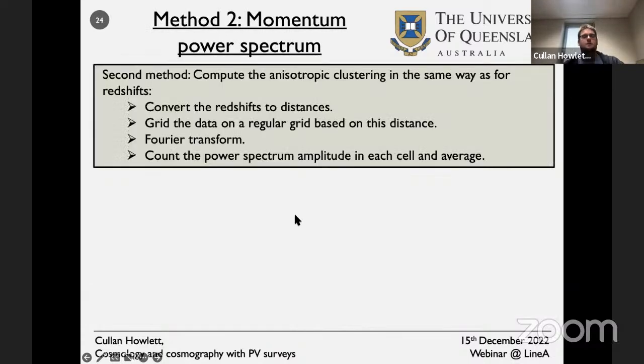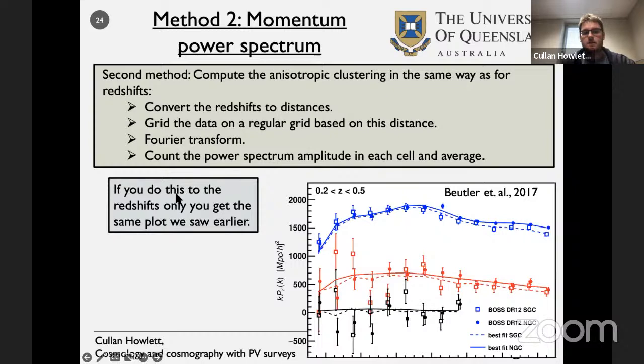So the second methodology that we can use is to compute the anisotropic clustering of the velocities in the same way as we would for redshifts. So we first take the redshifts of each data point in the pure velocity sample, we convert it to a distance, we grid it, we Fourier transform it, and then we count the power spectrum amplitude in each cell, and then we average. And if you do that to the redshifts that I presented earlier, you find the same plot